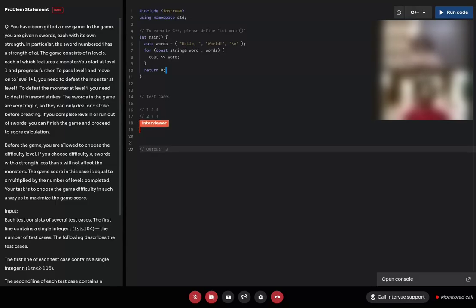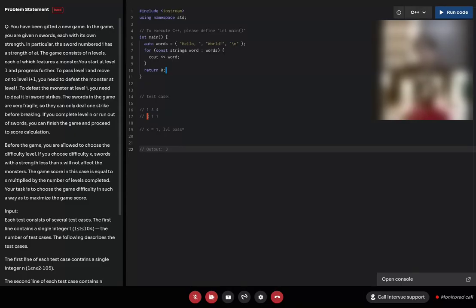Let me explain the test case a little bit. I think you are getting confused between the strength of swords and the monsters. Let's say we take x equal to 1. That is our current difficulty level. If we see the levels that we can pass, after choosing the current difficulty, these three swords that are available right now all have strength greater than or equal to 1. That makes sense, right? So all three swords are usable. In that case, we can calculate the levels passed. So three swords in total that we have, and the second array gives us, for each level, the number of monsters.